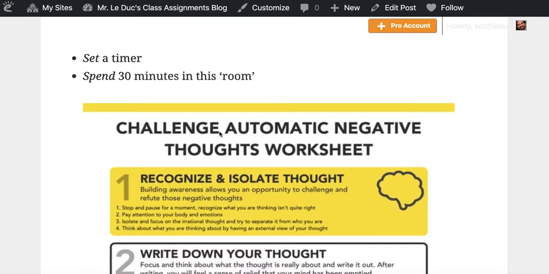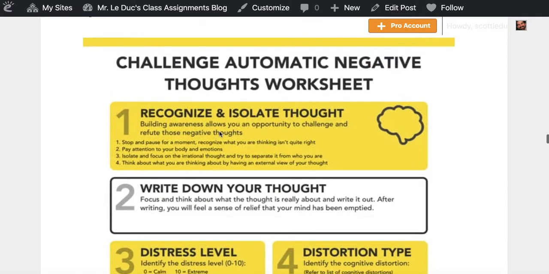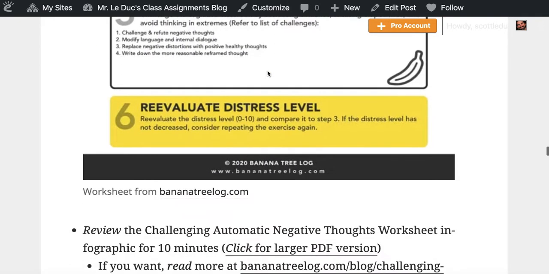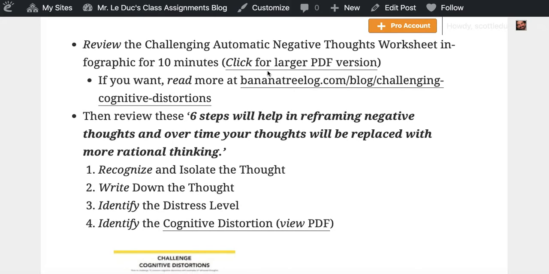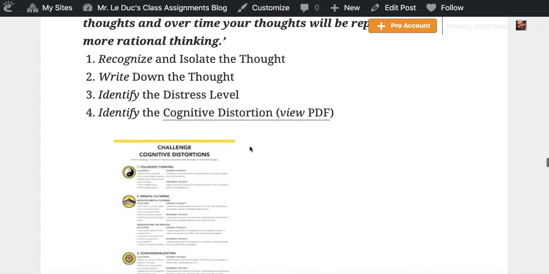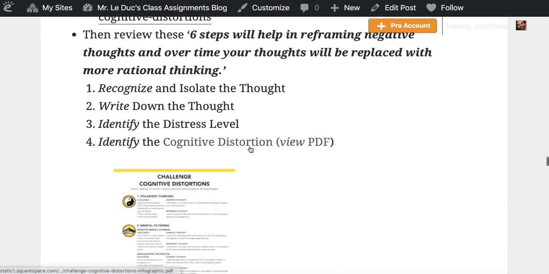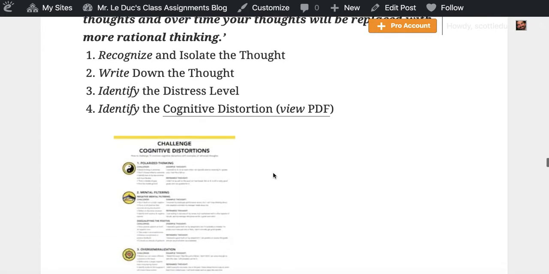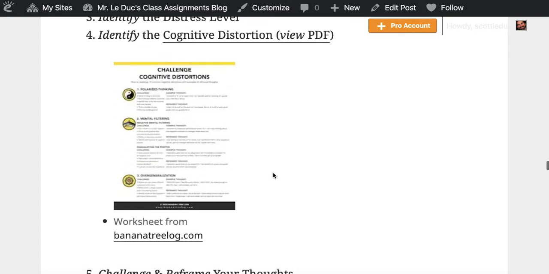Outside, 30 minutes. What I want you to do is to really engage in this and take a look at it. I think this is going to be really insightful for you. So read through that document, but also take a look at the cognitive distortions document. This is what it looks like. There are over a dozen cognitive distortions that we fall prey to on a regular basis. So I'd like you to examine that, okay? And we'll go down here.